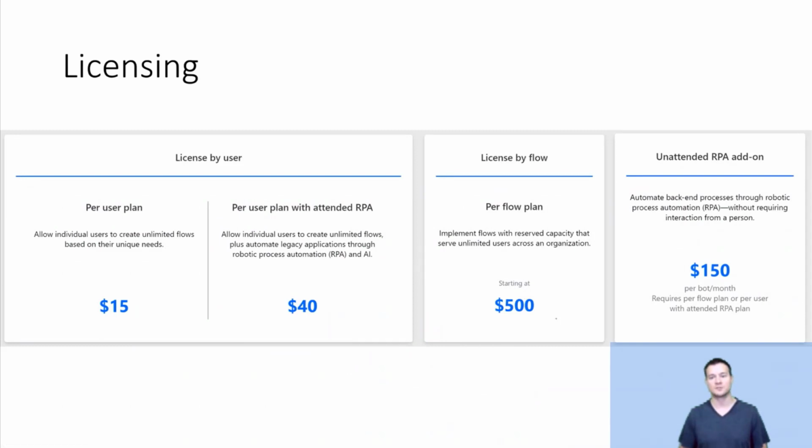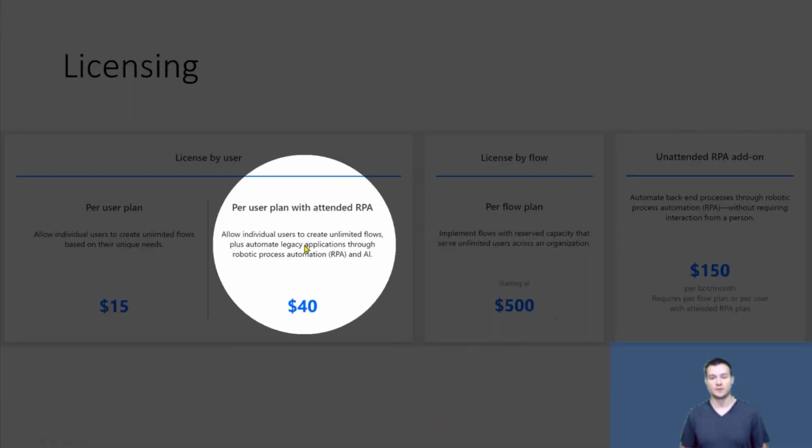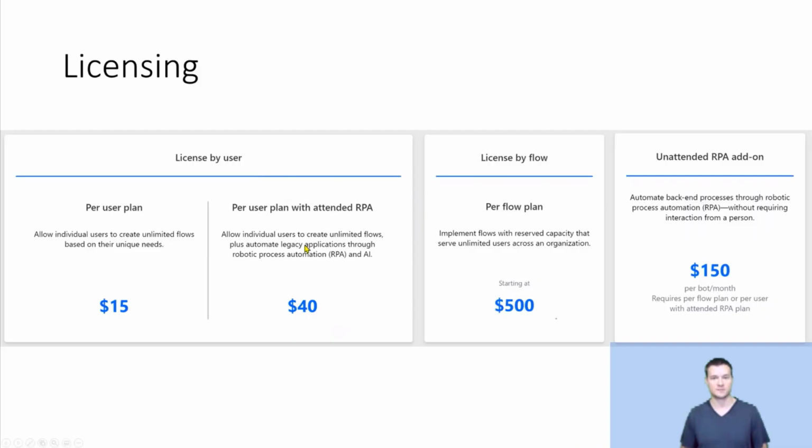Then, if you'd like to use attended RPA, which is again valid for both UI flows and Power Automate Desktop, you have to look at the Power Automate per user plan with attended RPA, which is $40 per user per month. If you want to use RPA in unattended mode, then you need the unattended RPA add-on, which is $150 per bot.